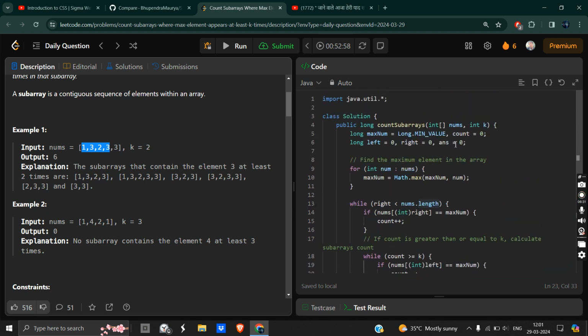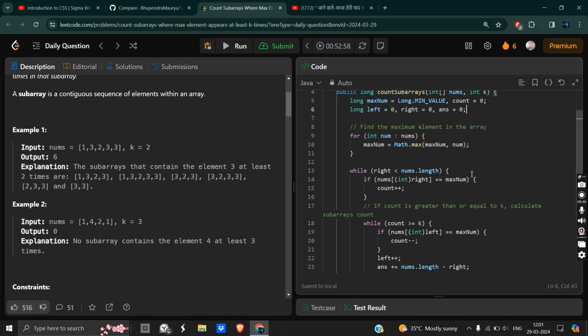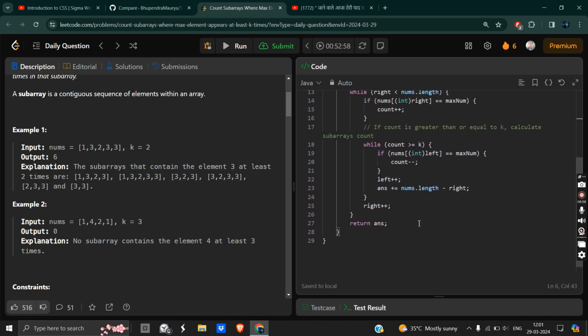You can use a hash map also, but we are only concerned about the frequency, and we are not manipulating it too much, we are just adding and decrementing, so we are not using a hash map. So the time complexity of this code would be O of n, and the space complexity will be O of 1, because we are not using any extra space.